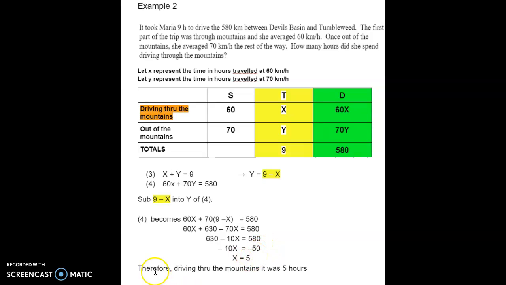And now we can conclude, therefore, that driving through the mountains took us 5 hours. And this is how you solve this type